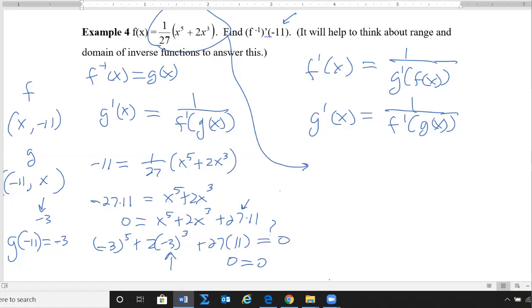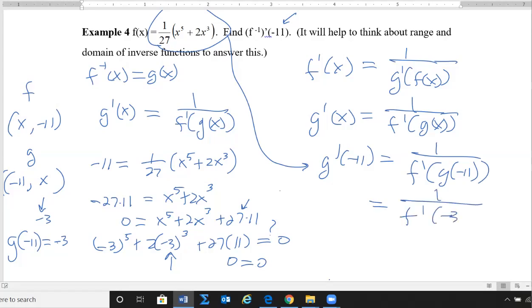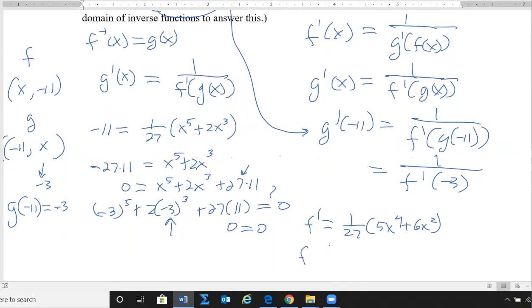So all we have to do now is find the derivative. Because right over here then, g prime of negative 11 equals 1 over f prime of g of negative 11, which we know is 1 over f prime of negative 3. So now all we need is f prime to be in business. So f prime is 5x to the 4th plus 6x squared. And when evaluated at negative 3, we end up with